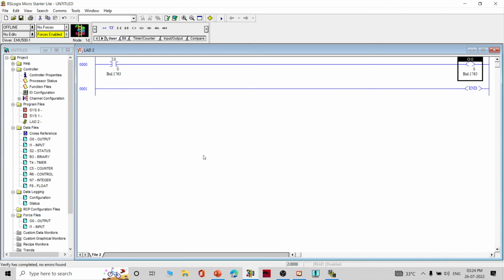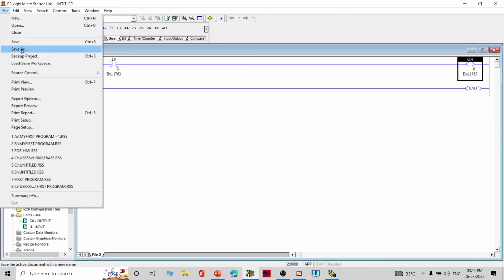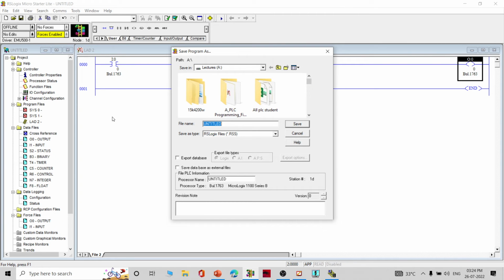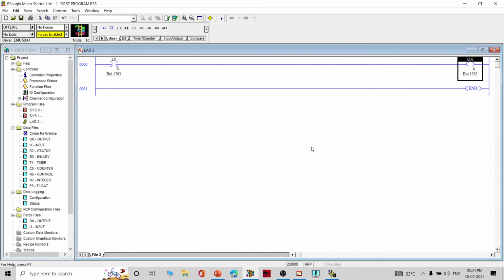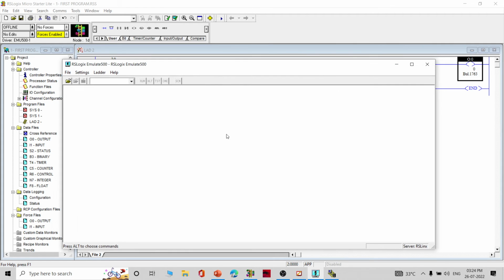After that, we have to go to the emulator. First, we have to save our program. We can save our program by clicking on save as, and we can give it a name. Just make a program, first program. You can give any name. So click on save. After that, we have to go to the emulator option and select the project from here,